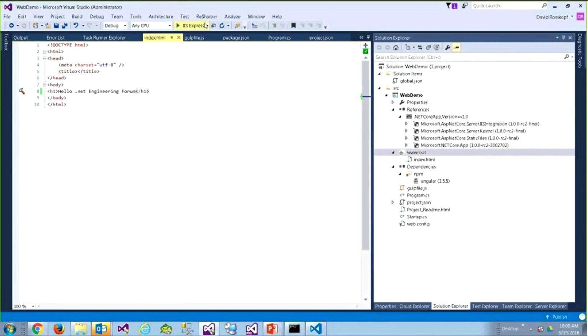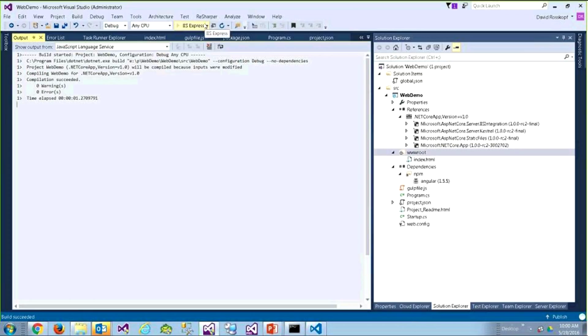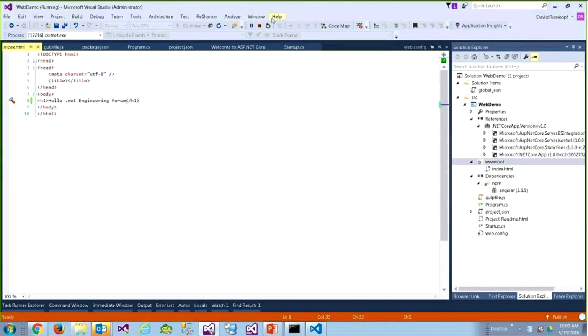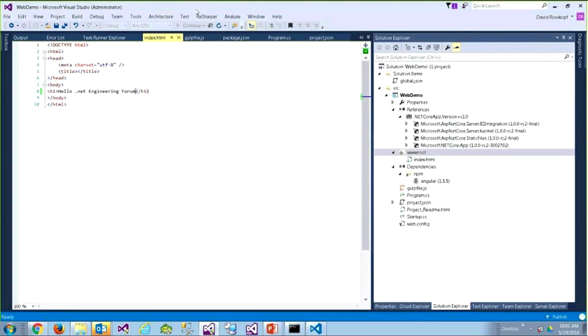The other thing you'll notice too, let's see if it works, is around running things. You actually have a few options. You notice here I have IIS Express, which was kind of turned on just by default. But you also notice this web demo. When I hit the web demo, what it's actually going to do is run Kestrel. So it's going to be as if I use the .NET command line to run this. So if I run this here,